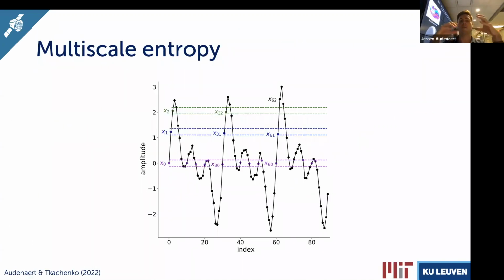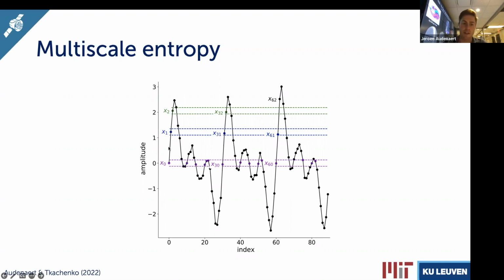So now diving a bit more into the multiscale entropy, as I said before, it actually assesses the complexity of a light curve. Now, how exactly does it do this? Well, we first take the light curve and we identify all the unique sequences that are present in the light